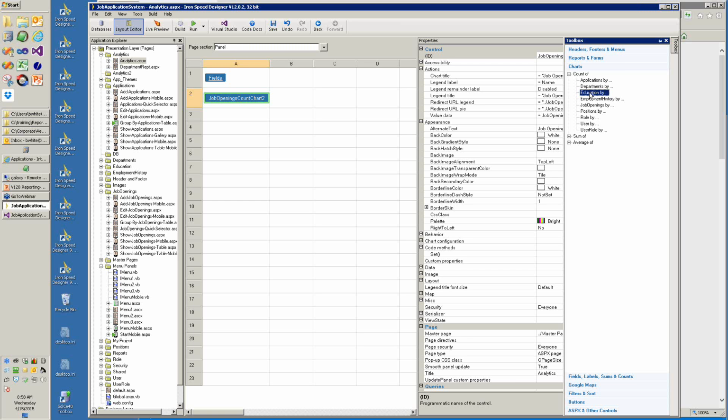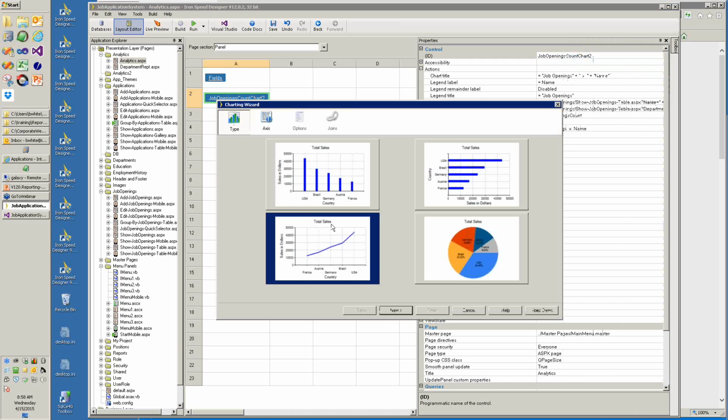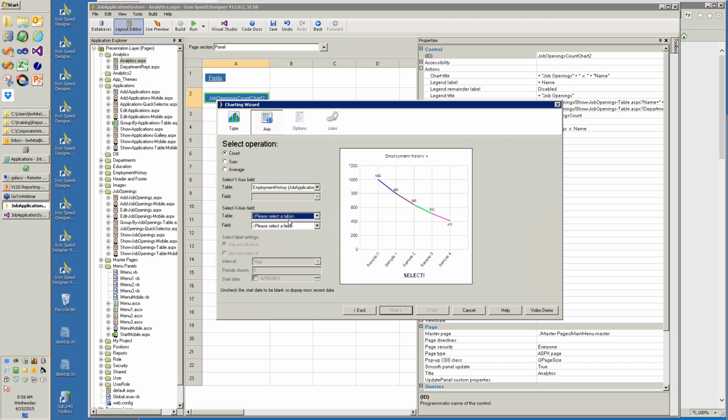Let's do employment history. Okay, departments, positions. Let's try employment history. And we're going to just pick a line chart. Employment history selected. Now we want to put a date in here. Employment history by